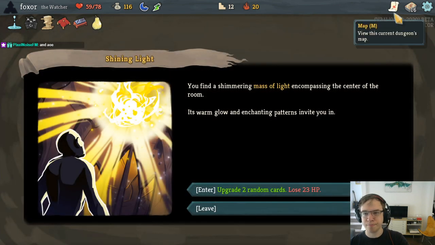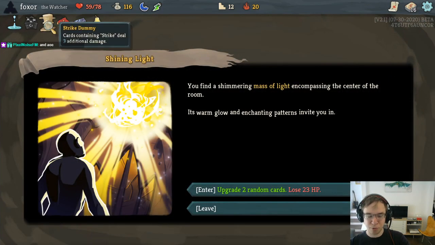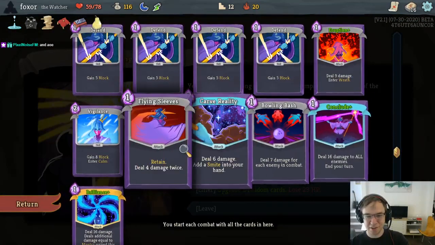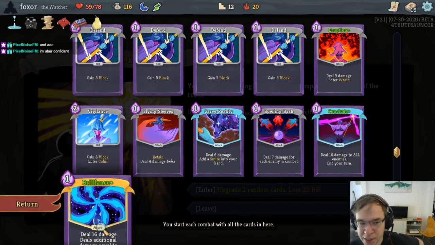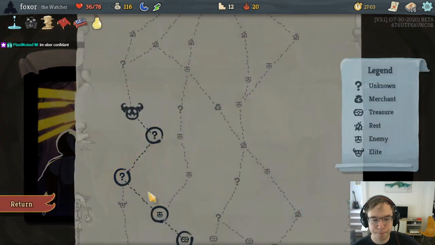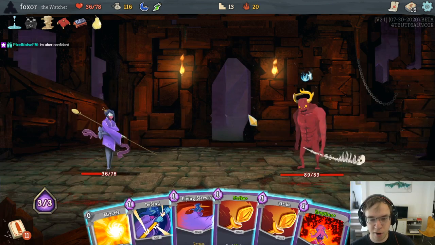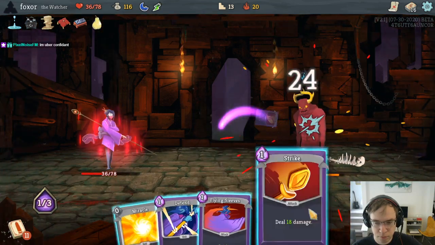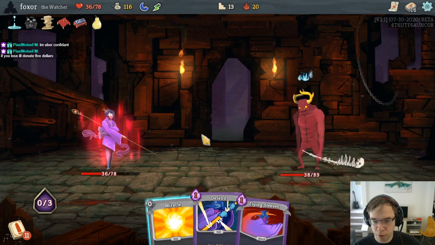Ah, the Shining Light. How confident are we about this Elite fight? I feel pretty confident. Strike Dummy, and just a bunch of damage means that we are in good shape for that. So I think I'll just grab the upgrades. Okay. Gremlin Knob Part 2. The Nabanang. I think we're gonna go ahead and use the Miracle on the Flying Sleeves now. I don't see any reason to